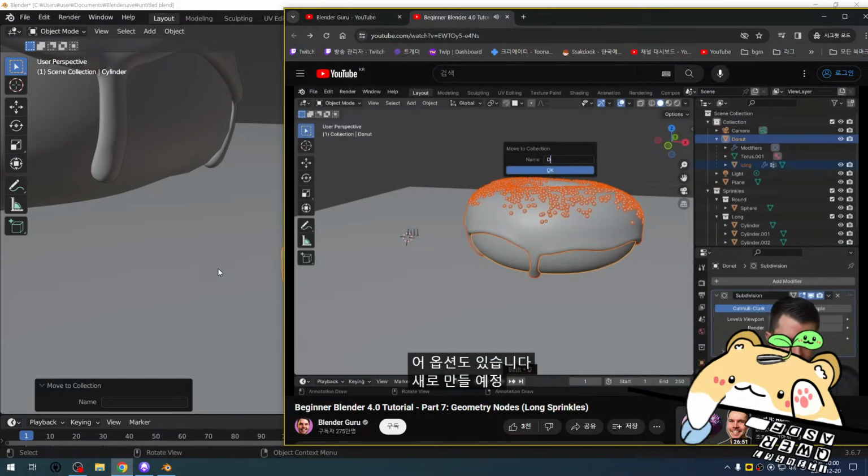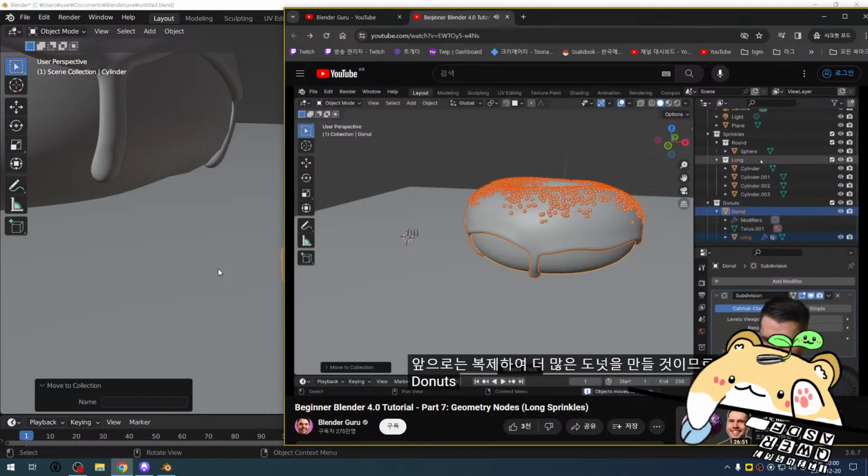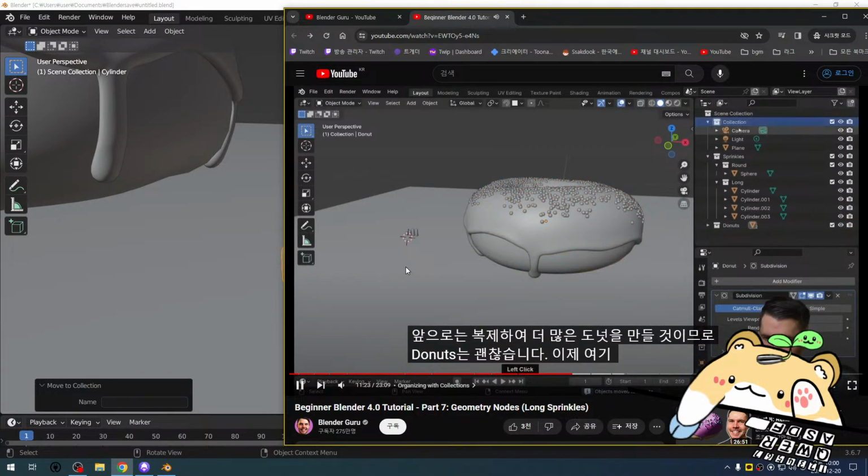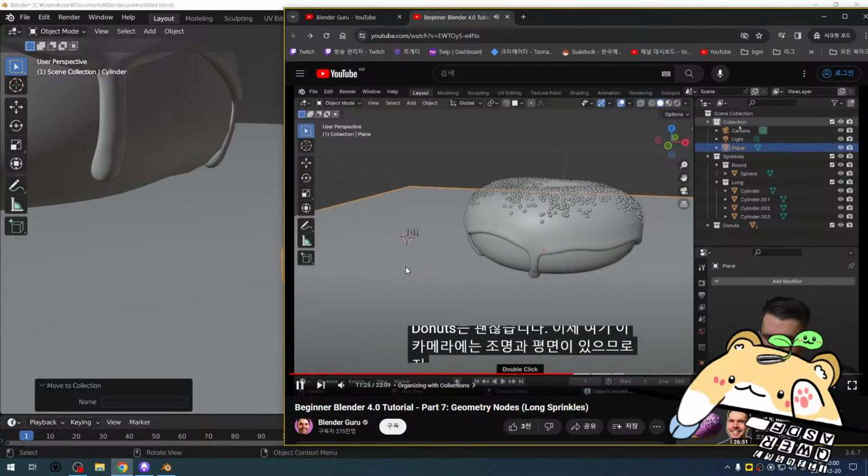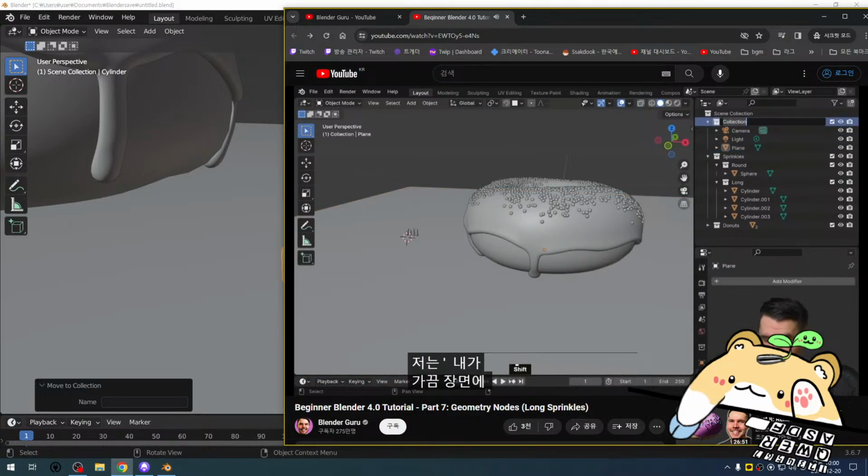So I'm going to go new, and let's call this donuts, because we're going to duplicate it and make more donuts in the future. So donuts. Okay, great. So now this one here has got the camera, the light, and the plane. So I'm going to do what I sometimes do with a scene, which is just call this one ENV, which is for